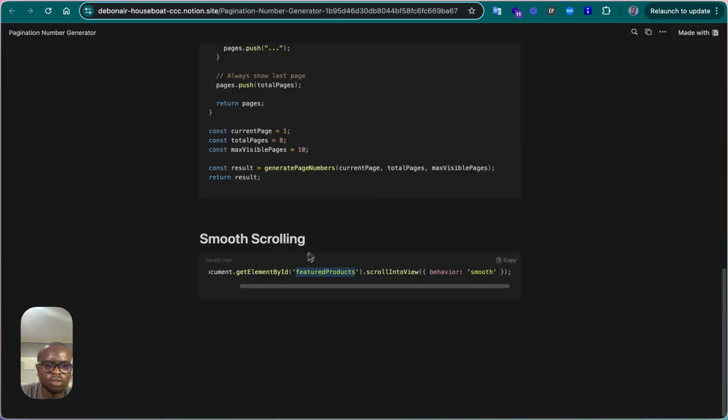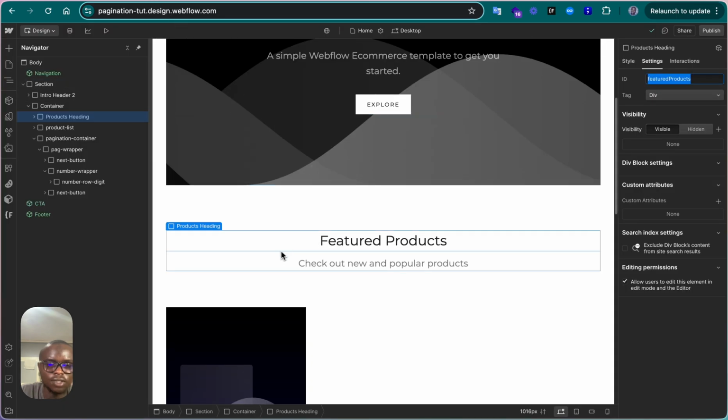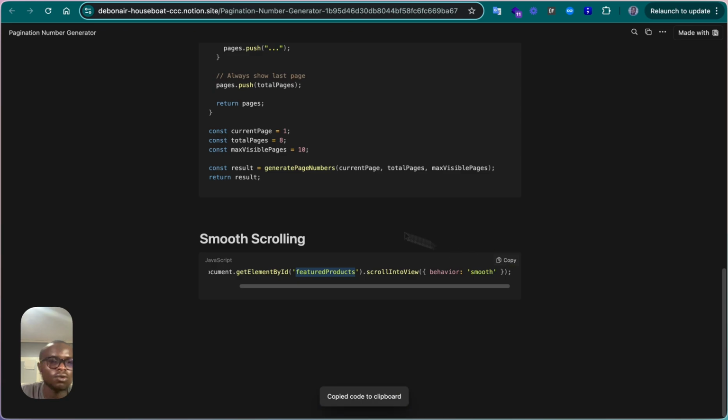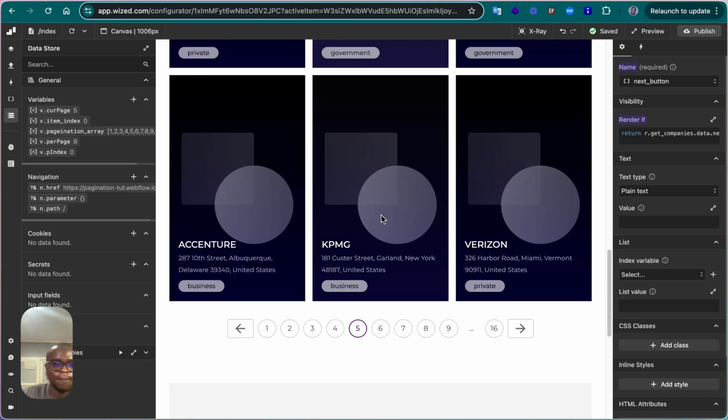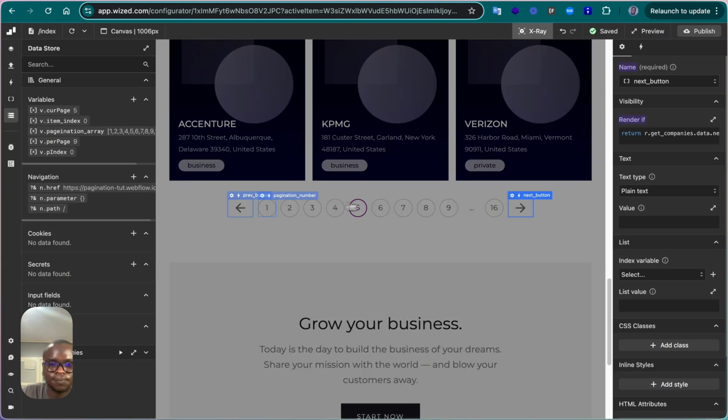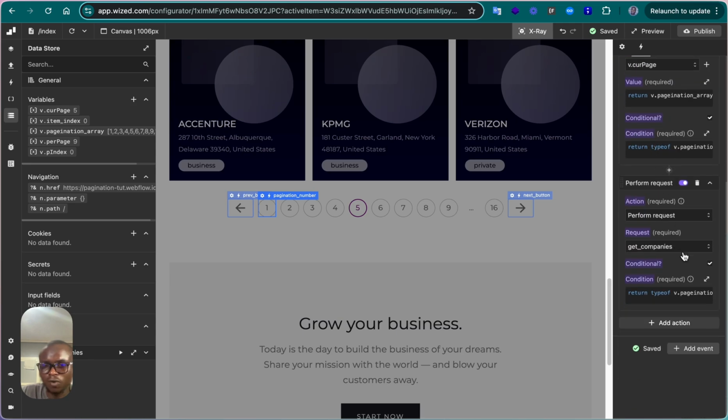In the code that will be provided, there is one below that is responsible for smooth scrolling. The only thing you need to do is change this ID to the ID of the element you want to scroll to. So I will copy the code now, and when we click the pagination number, we add one more action,